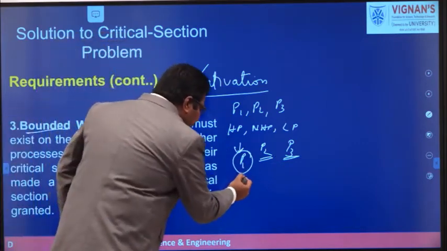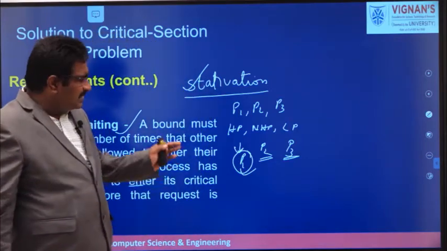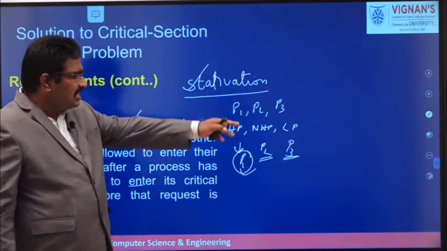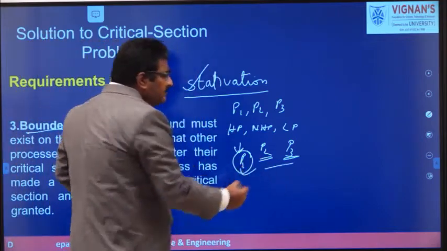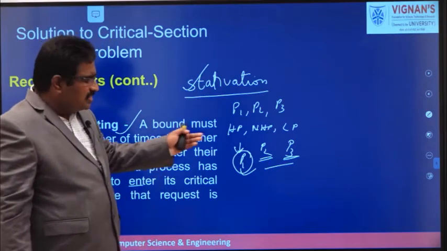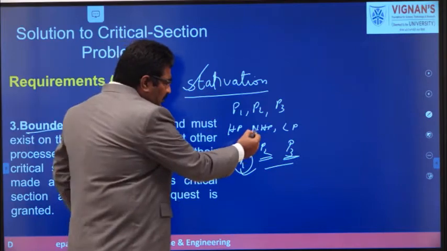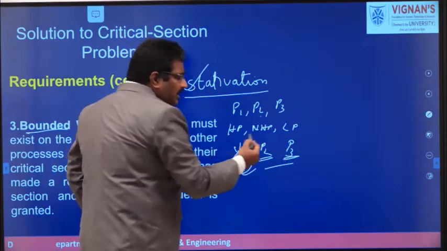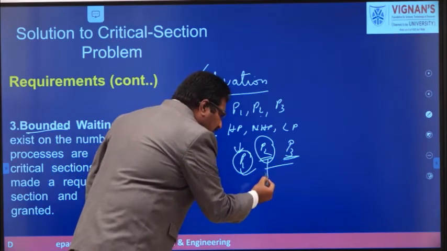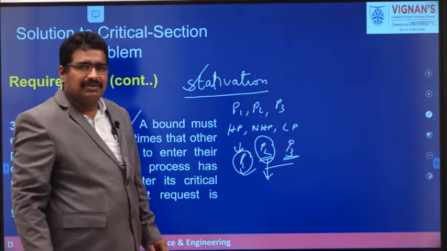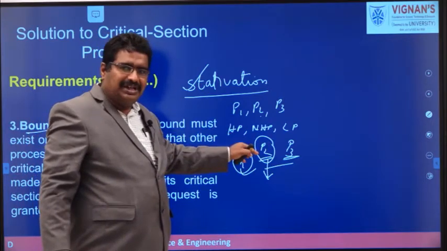For example, the P1 process completes its critical section execution. Once P1 completes, based on the progress condition, the two processes P2 and P3 are waiting, and one of them must be allowed to enter its critical section. But we already know that P2 has higher priority compared to P3. For that reason, the P2 process is allowed to enter its critical section. P3 is waiting, and after it started waiting, P2 is requested.